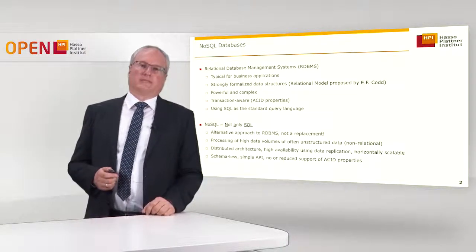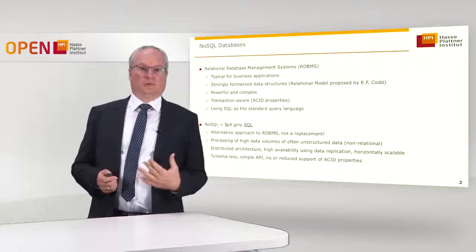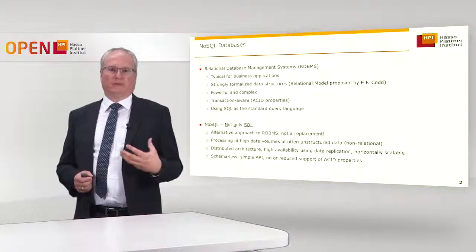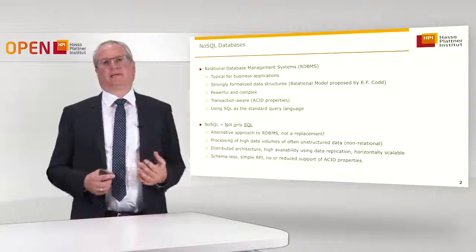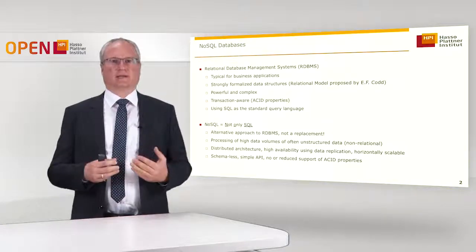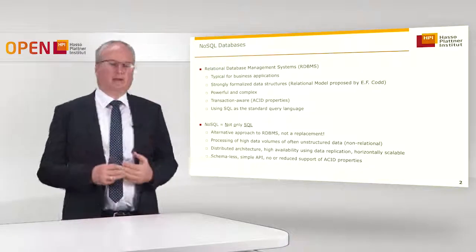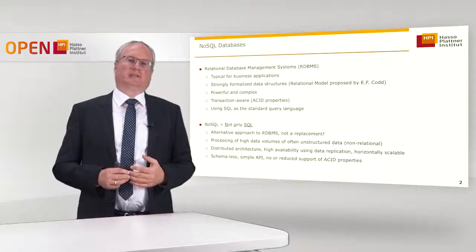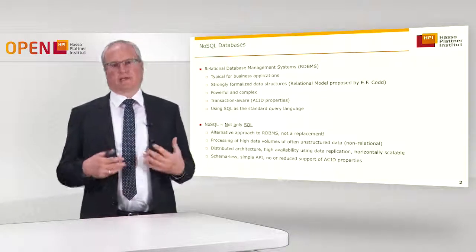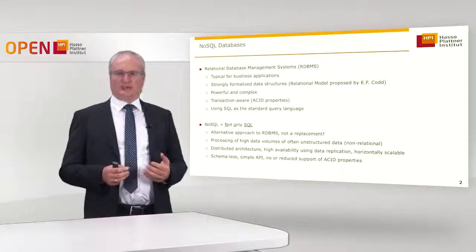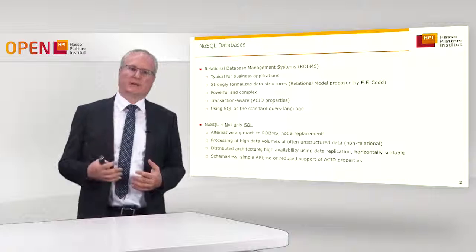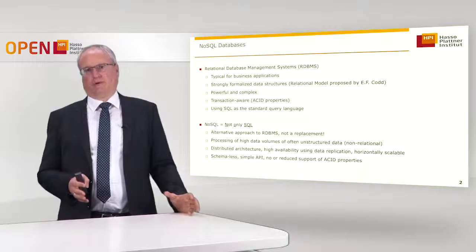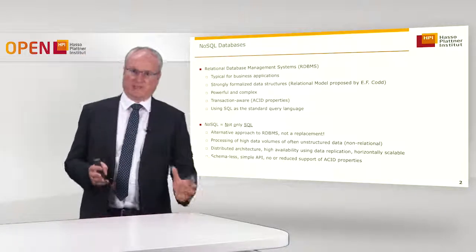And therefore, these databases need to ensure schemes that allow distributed processing. And high availability is typically achieved by redundancy and by replication of data. And these databases are, from the idea, from the origin, horizontally scalable. Typically, this is achieved by avoiding having a strict schema, so they are schema-less, by having simple, efficient APIs, like, for example, JavaScript-based or RESTful APIs, and by usually dropping the support for strict transaction properties, the ACID properties.